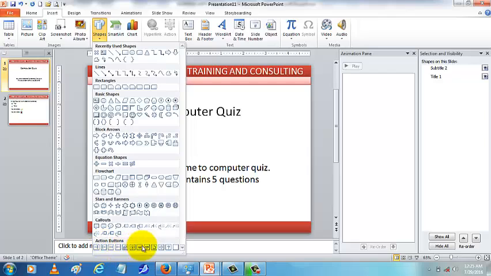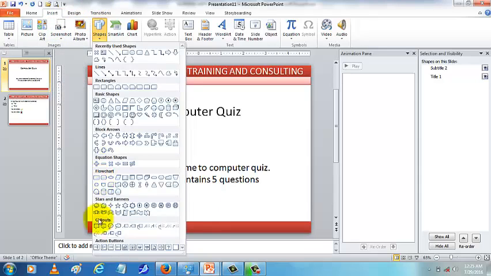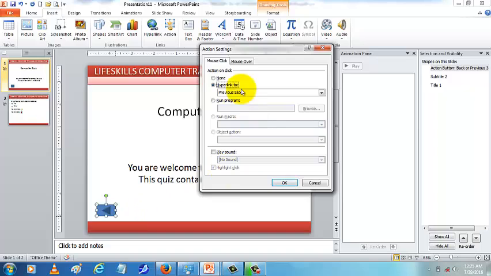You can see there are different action buttons. We have Previous, we have Next, we have Go back to the beginning, go back to the end, we have Home. Please follow my cursor and see my pointer here. So if you want to put an action button for Previous, you go to Shape, you click on this Previous, then you draw it here. Then a dialog box will quickly open, and there are cool things you can do here.